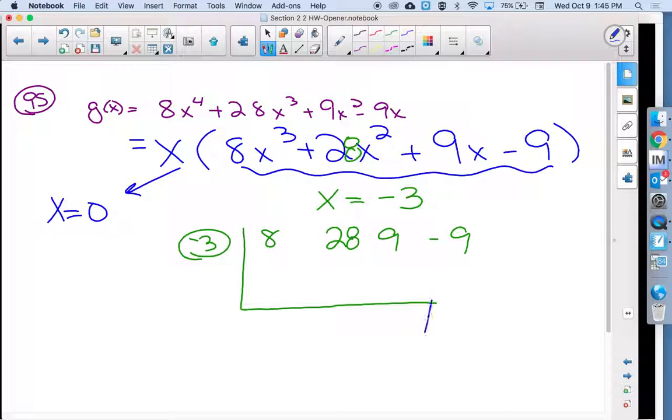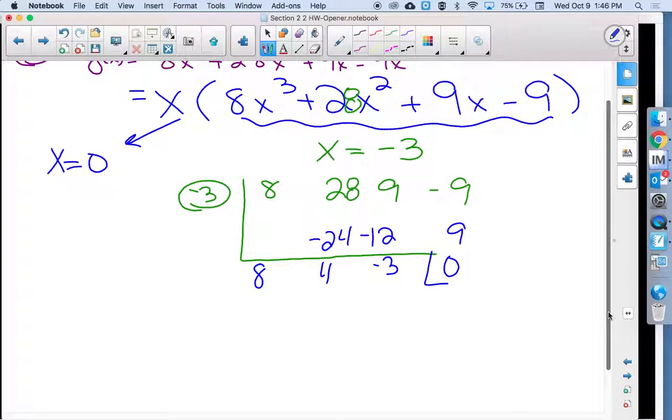So synthetic division, bringing down the 8, negative 24, 12, negative 3, positive 9, 0. But if you notice that an x can be factored out, synthetic division one time, because my result says 8x squared, 4x minus 3. So your goal is to get to something that's x squared. That's the goal. Because then I can factor, or